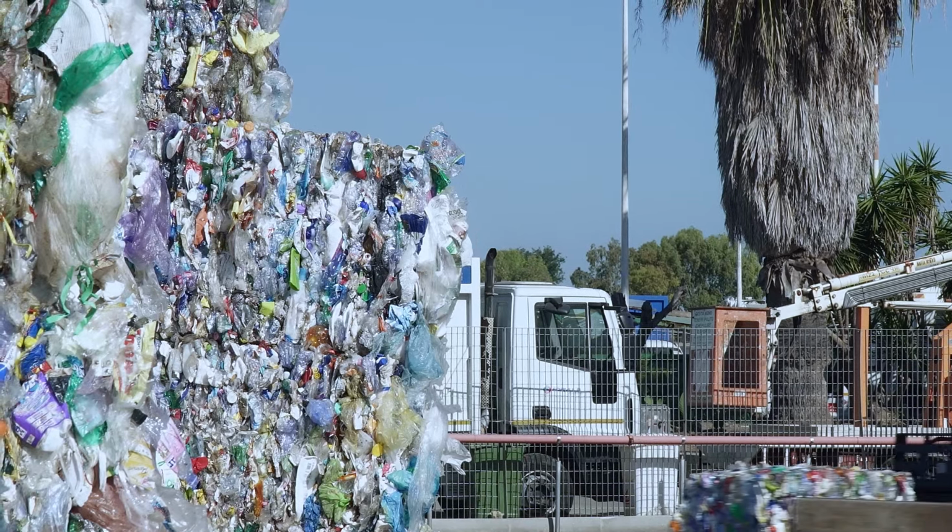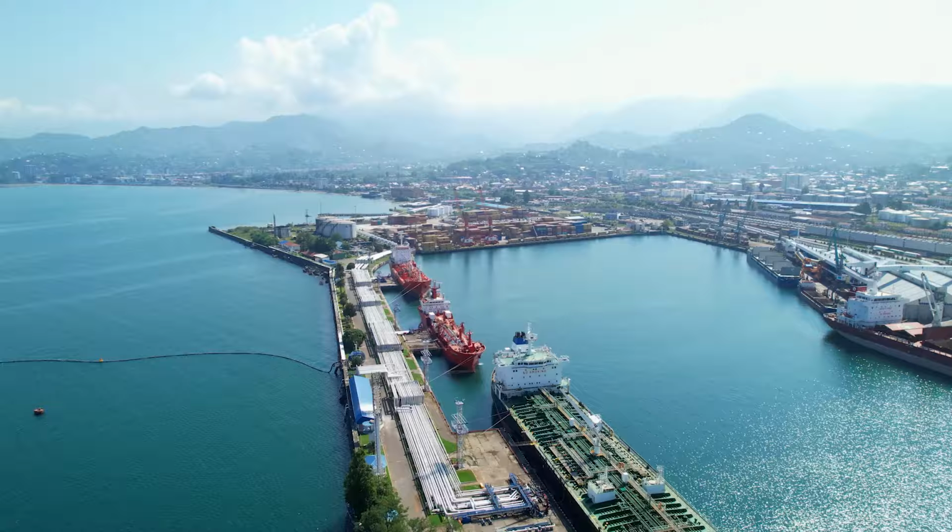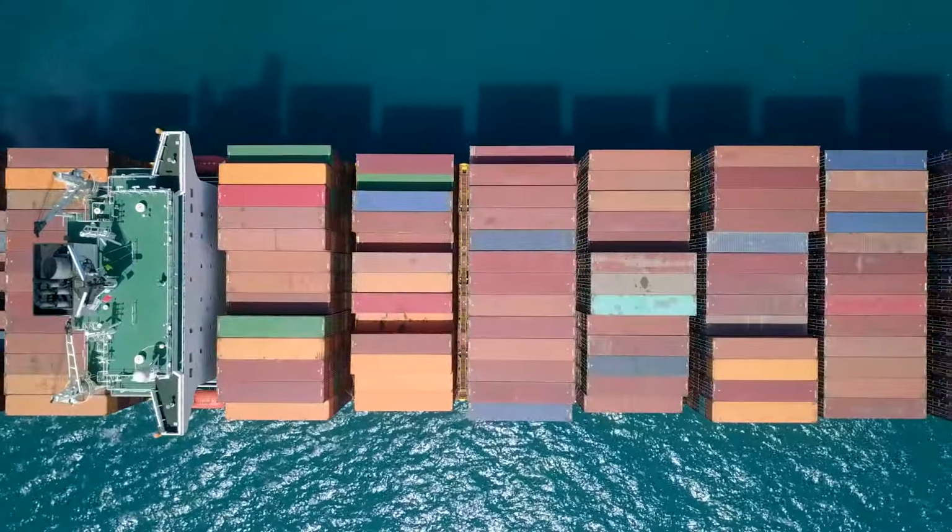So 3D printing is what I'm hearing is going to help fight waste, fast fashion, transportation and shipping materials, and getting it from China to the States and through the borders and all those different hurdles you're going to have to go through. Totally. That's a big plus. And 3D printing,